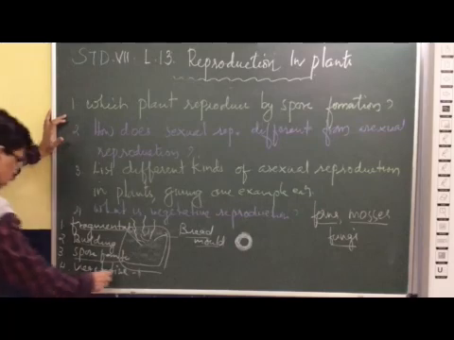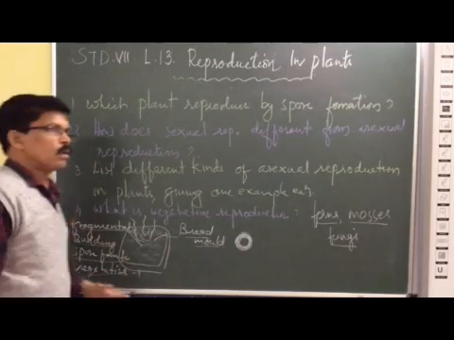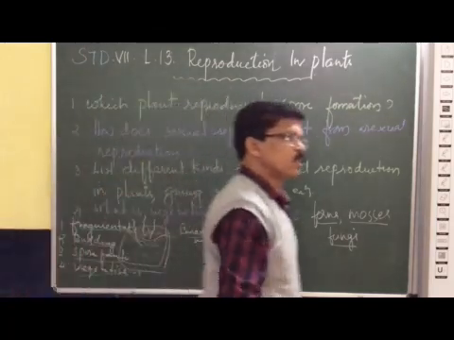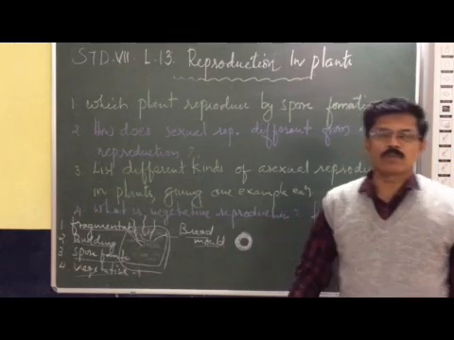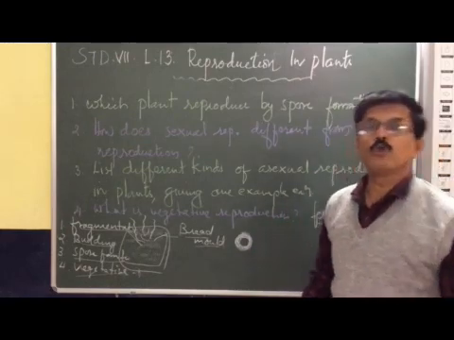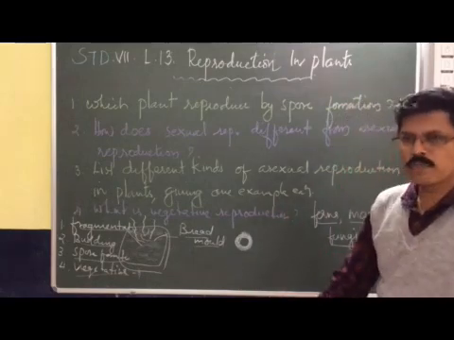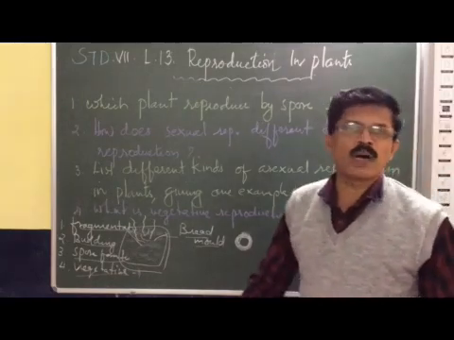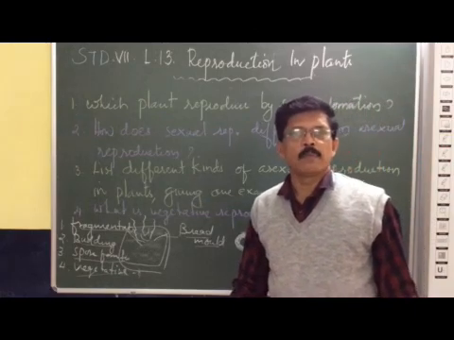Okay. Now vegetative propagation, you can see in many plants like rose, which we discussed, in which the vegetative parts such as root, stem and leaves produce new plants. Clear? What is vegetative reproduction? Production of new plants from the vegetative parts such as root, stem and leaves is called vegetative reproduction.